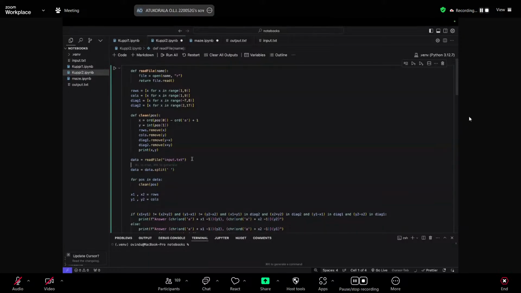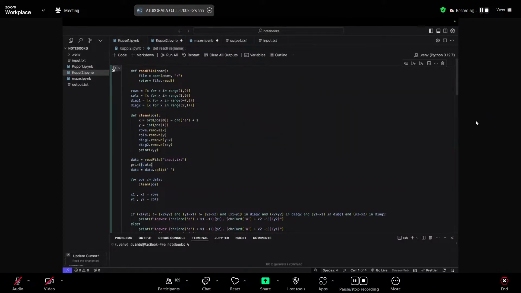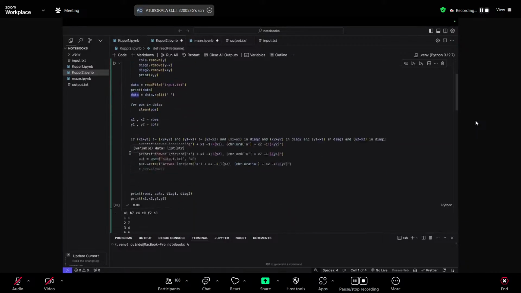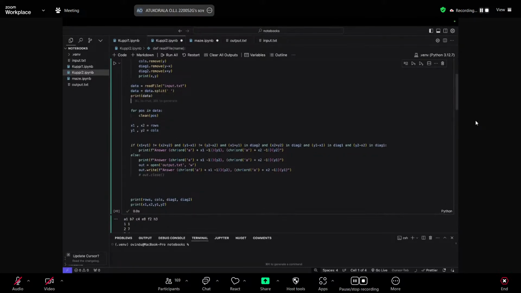right? When you all are getting an input, if you want to divide this input into a list. So if you just take a print statement here, right? You will see that this is just a string, right? See, it's just a string A1, B7. So what we use split for is to make each individual element a list item. So let's go there and just show you. So now you can see that split works like this, and now it's just a nice list of smaller strings.